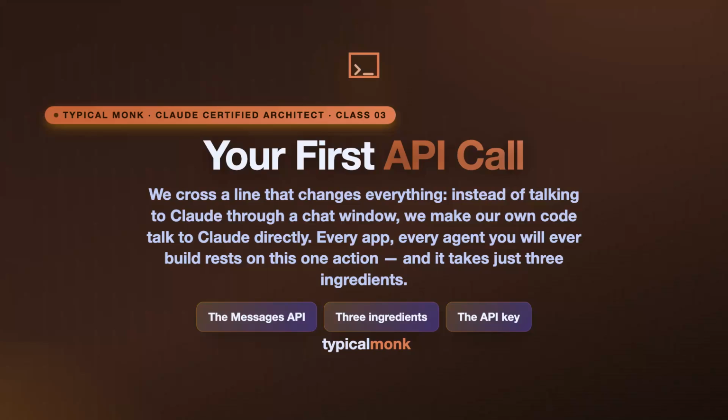In our first two classes, we learned what the Claude Certified Architect path is and what Claude itself actually is. Today we roll up our sleeves for our first workshop and cross a line that changes everything. Instead of talking to Claude through a chat window, we are going to make our own code talk to Claude directly. This is the single most important skill in the entire course because every application, every agent, every clever thing you will ever build on Claude rests on exactly this one action